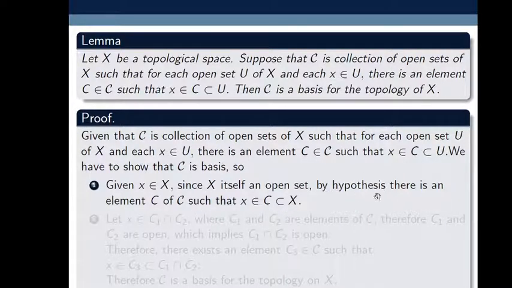So here we use the given conditions. What is given?